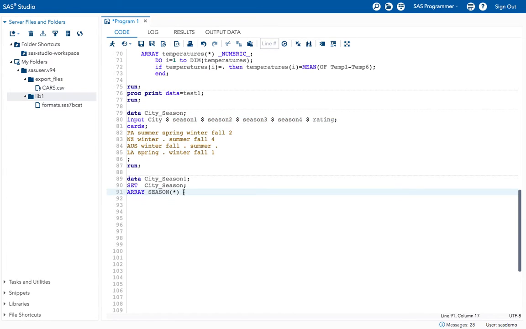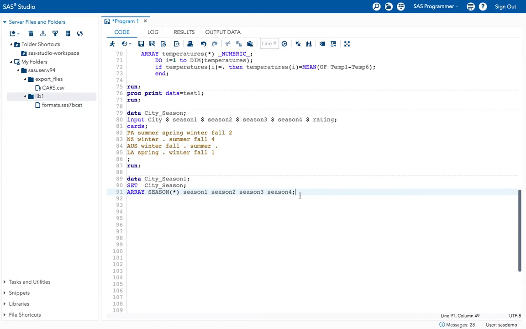First I will do it like this, and then I will show you with the shortcut also. Let's take off this dollar sign. The dollar sign is not necessary here. As I am giving season 1 to season 4 only, it won't touch the rating variable.